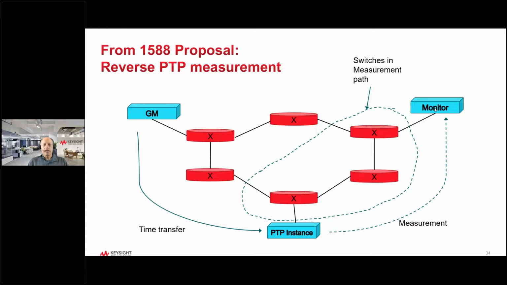have every PTP instance get its time from one set of GMs, and then even potentially have a different set of GMs act as monitors for those instances. There are many different ways to instantiate this. Again, this is of course showing a ring topology, not a typical class structure as you would have in a data center, but the concept is the same.